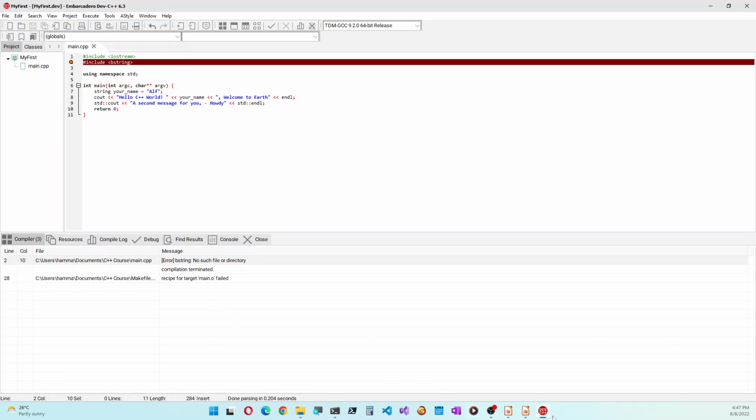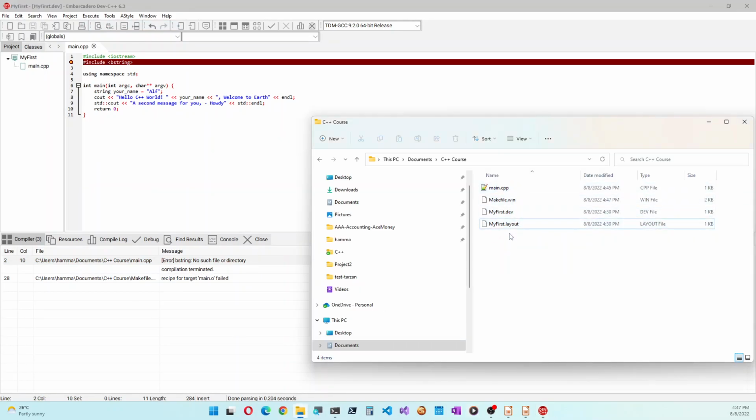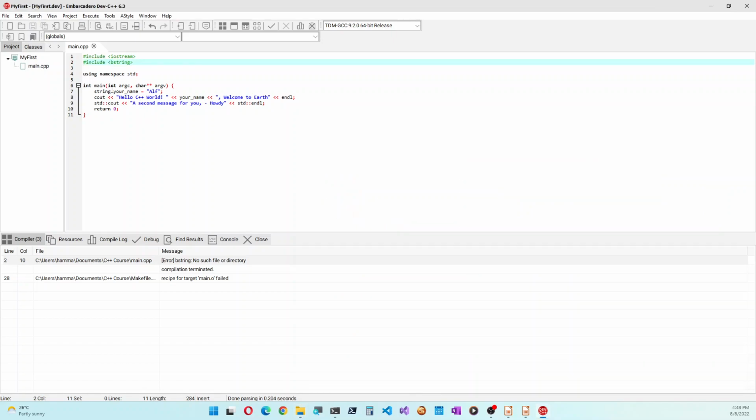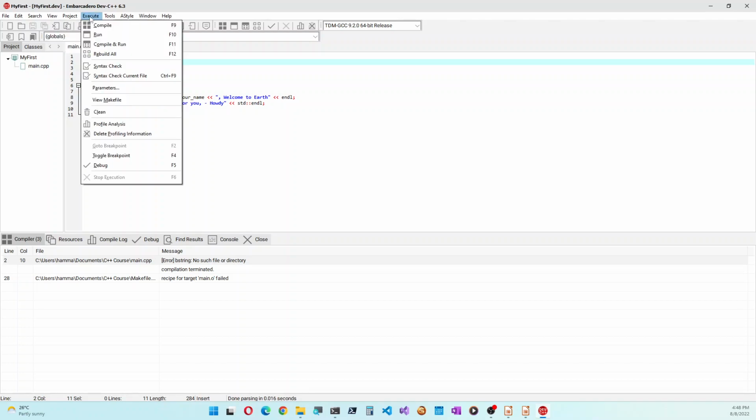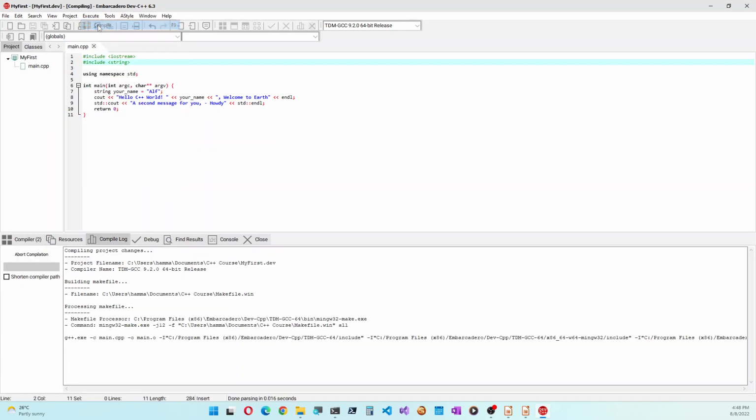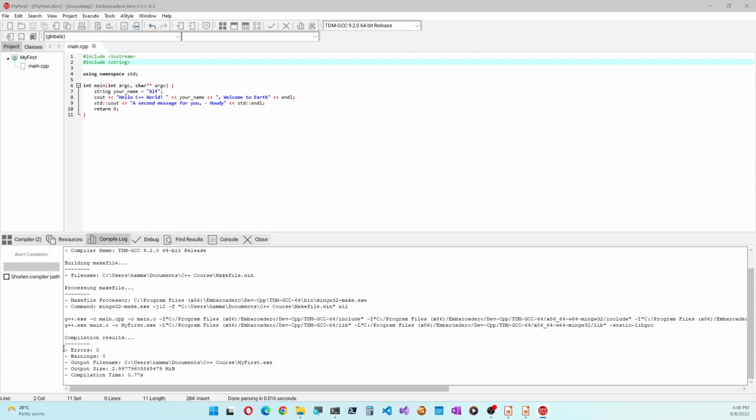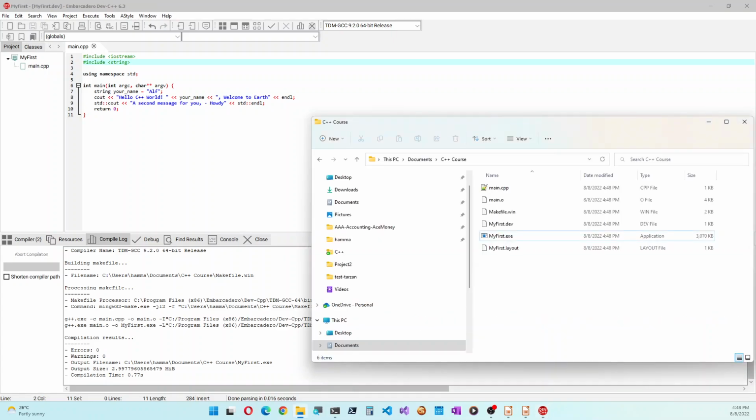So again, we have the two errors, and you can see that the main.o file and the main.exe file is not being created. So let's remove this error now. Save it and execute, or rather compile one more time. Okay, so there are no errors now, and it also produced the output. Let's close that. Okay, and you can see now there's the main.o file, the intermediate object file. And after that, in the last step of the compilation, the executable file was produced.